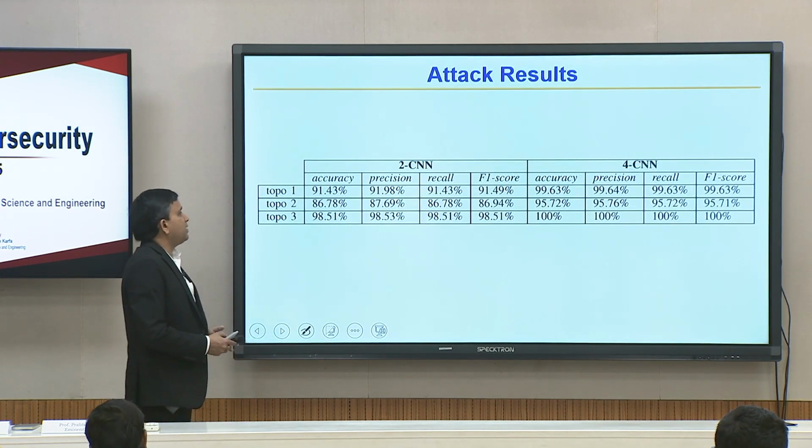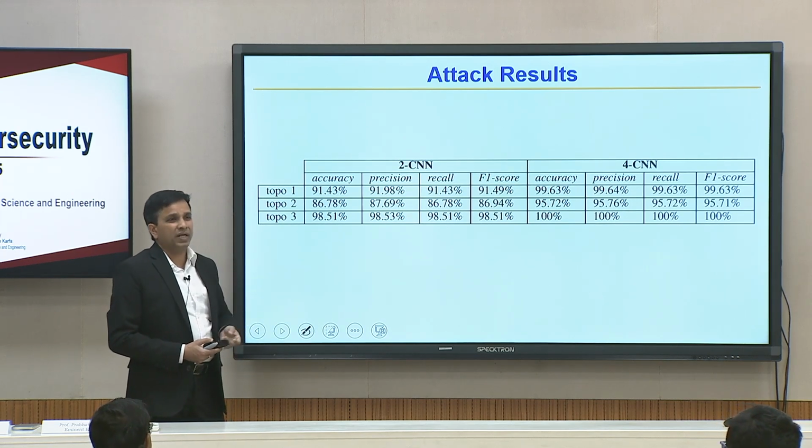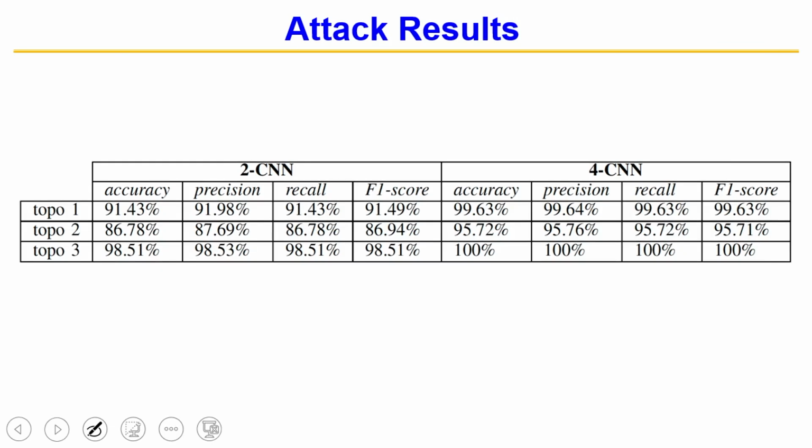So, how well does it work, how much is it able to attack? In this particular example, what it is trying to figure out is what program is running there, or who is talking to whom. The accuracy is pretty high with a 2 layer CNN, and if you go for a 4 layer CNN, and this CNN neural network is the attacker's neural network, not yours or mine, the accuracy is very high. With high accuracy you can figure out what is going on in the victim node.